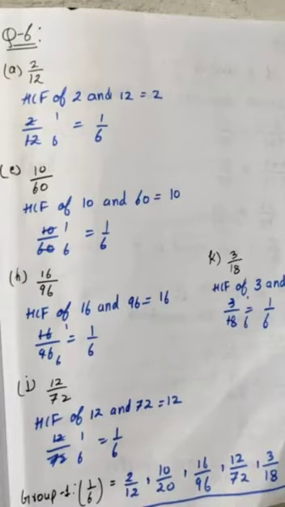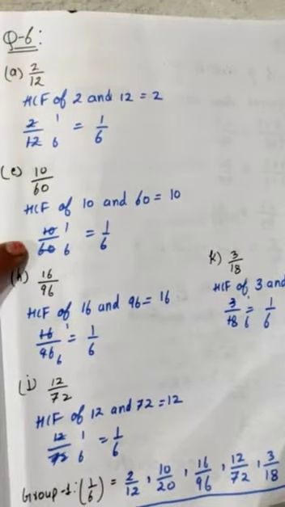Now you can see in question number 6 there are many parts given to you, and it is given that these fractions are only of 3 types, यानी कि 3 groups में हैं. So you have to group them. So basically what you have to do, you have to convert them in simplest form. You know how to convert.